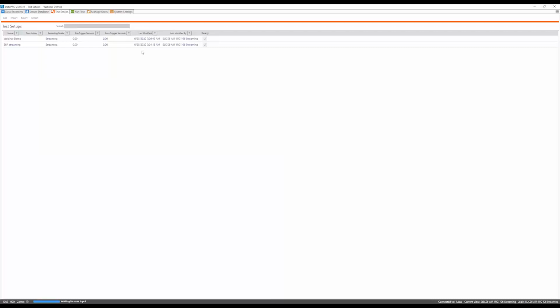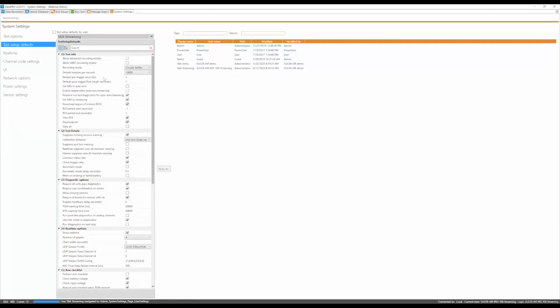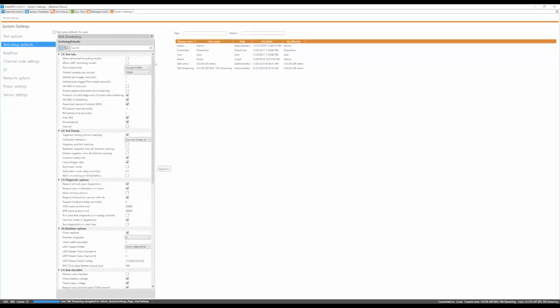Test setups are where you would create and configure and build your tests. So test setup uses information from data recorders and our sensor database and pairs the two and then creates a test setup. When setting up SLICE6 AIR for streaming, you want to keep a few things in mind. The first thing is, under system settings, we have what we call test setup defaults. Under defaults, this might seem a little bit overwhelming,